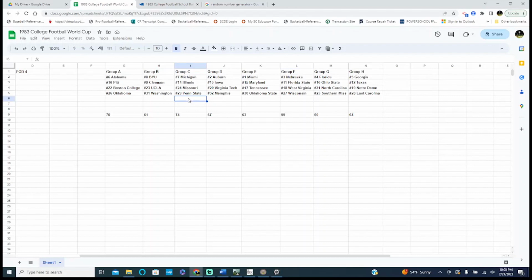The best way to look at it is Nebraska being the number one seed for Group F has the toughest road. Or you can say Florida State, the top two teams. Because ideally the top two teams should advance out of each group. So, all right, let's go take this now